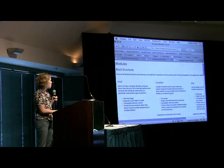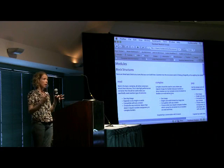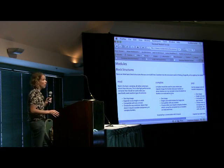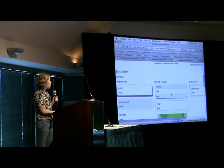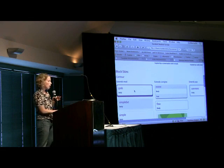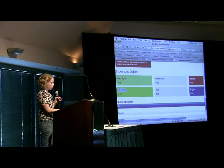Additionally, for modules, basically what I did for modules is I separated out what is the structure. So we have a few different ways of building, for example, rounded corner modules and container modules, depending on what complexity you have. So you may need images for borders, or you may be able to get away with borders as borders. And depending on these choices, it will affect the performance of your page. So essentially, if you separate out what does the structure from what does the function, then you can combine them in different ways. So you can take, for example, a background block universe, and